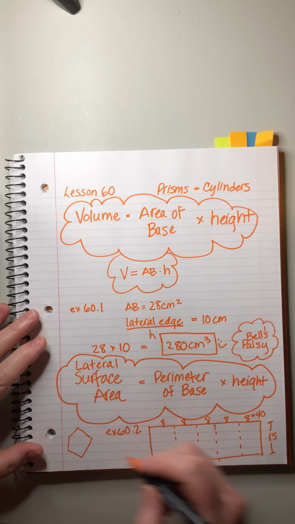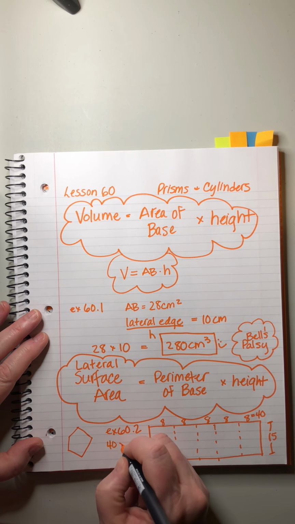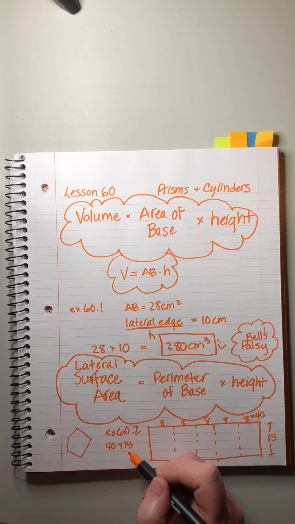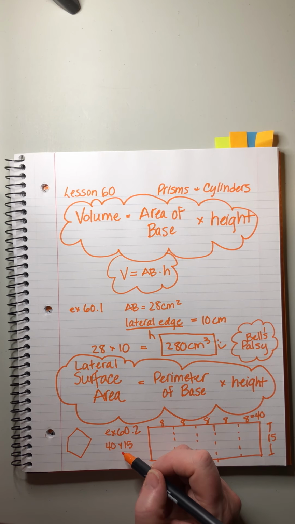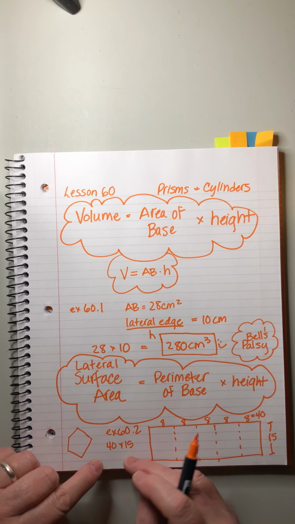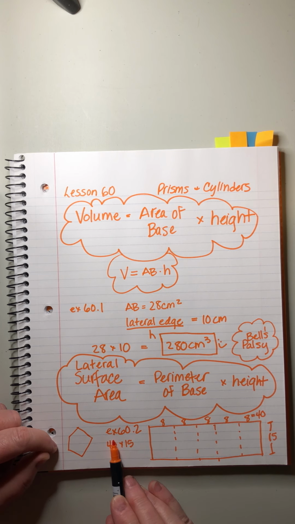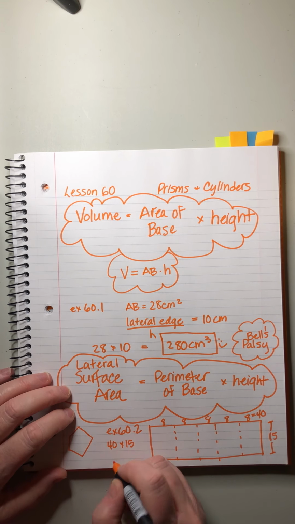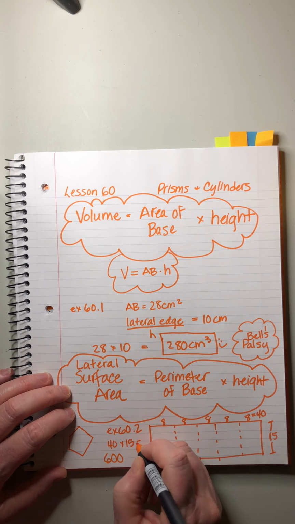So all we have to do is multiply 40 times 15. I know that 15 times 2 is 30. So 15 times 4 would be 60. And then 15 times 40. See how I'm doing that? I'm doing it in my head. I'm ignoring the 0. 4 times 15. Every pair of 15s makes a 30. So the first 2 make 30, and the second 2 make a second 30. That makes 60, and now I multiply it by 10. So it's 600